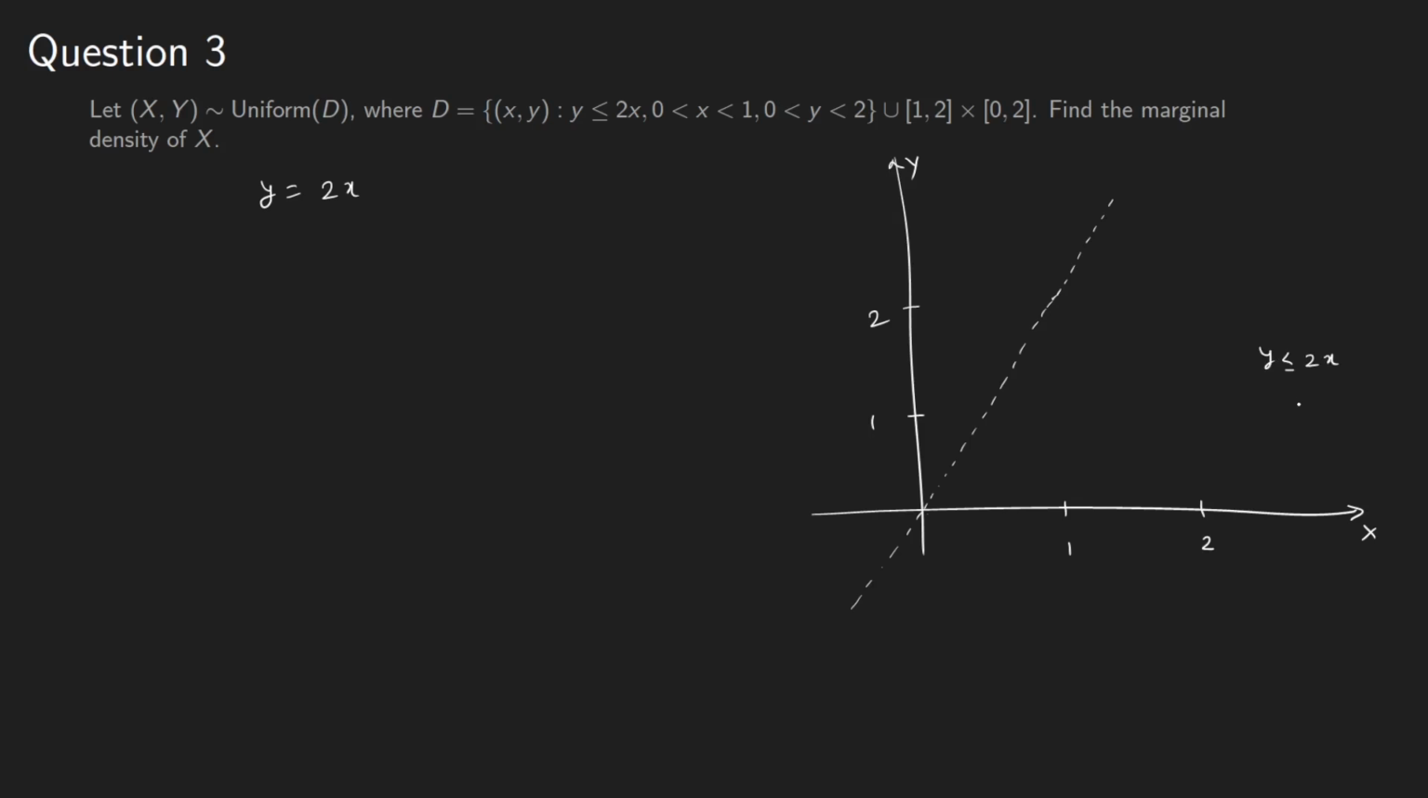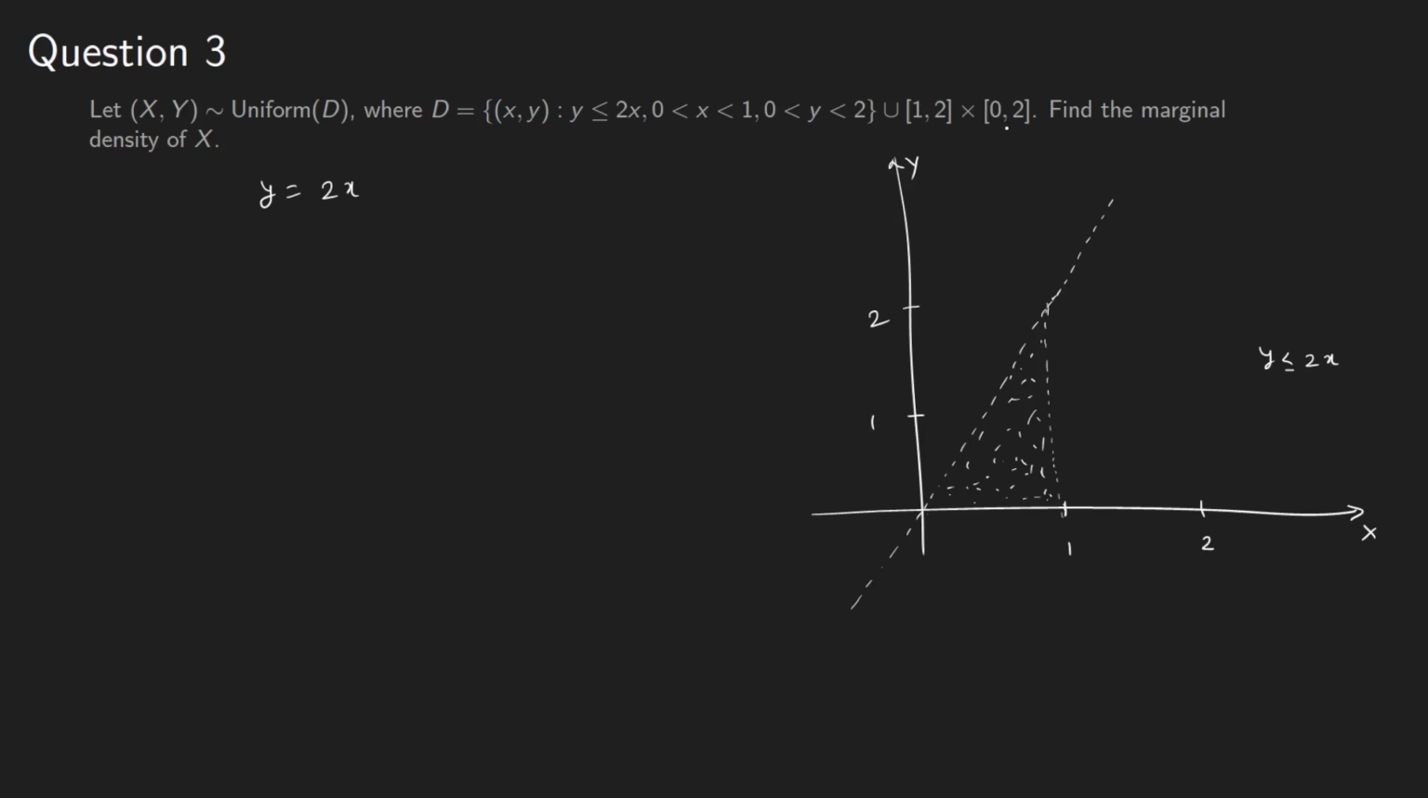And we have to only consider the points where x is in the range 0 to 1 and y falls between 0 and 2. So x falls up to here and y only up to 2. So only up to this we have to consider. Okay, so only this region gets counted in this case. The first region corresponds to this. Now its union with the